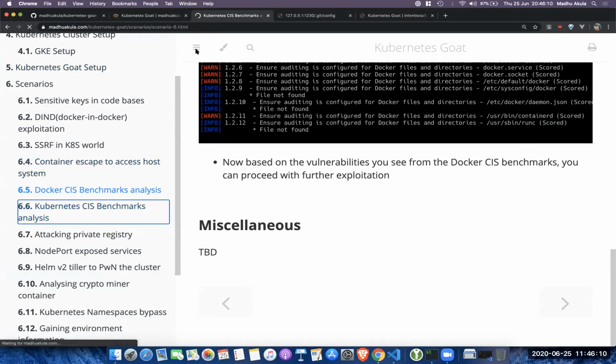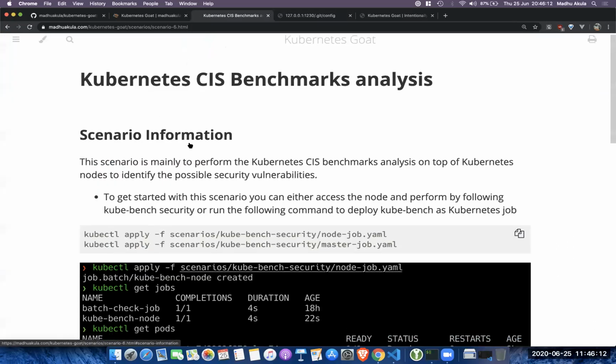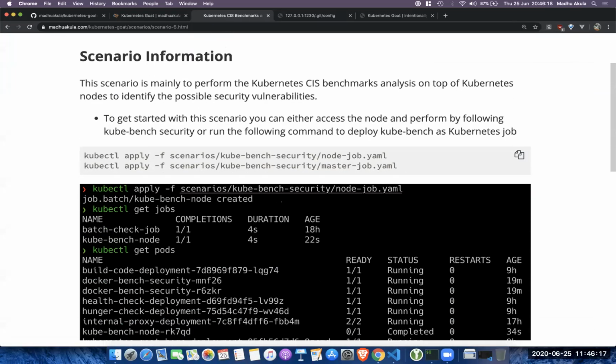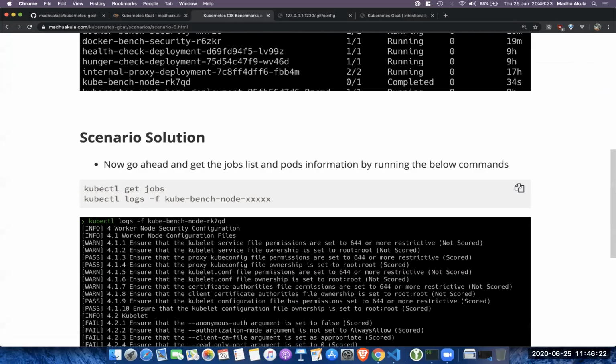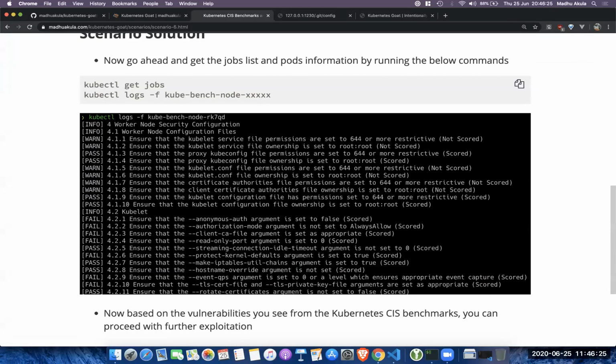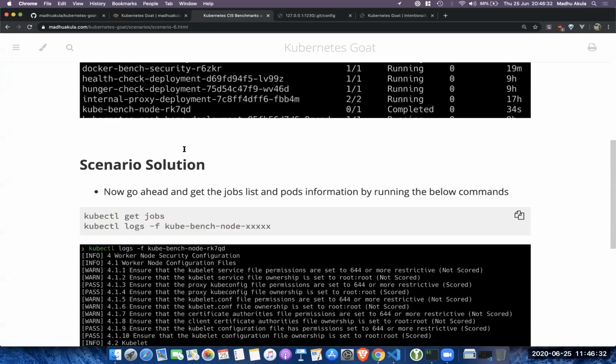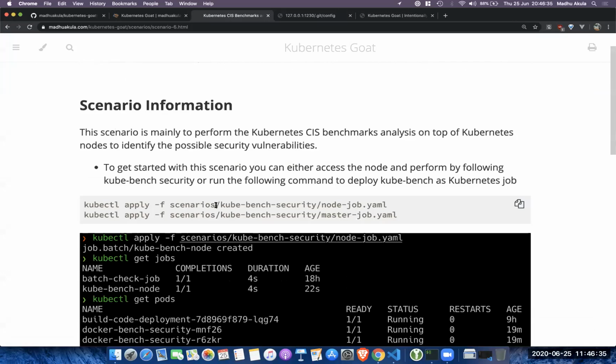Similarly, if you wanted to perform Kubernetes CIS benchmarks, there is kube-bench by Aqua Security. You can go ahead and run this as jobs on the nodes as well. It will run as a job, and it will yield results on what misconfigurations or possible security risks your cluster has exposed. And one thing I wanted to note here: if you are using this in managed clusters, you don't control the master node, so you might not be able to perform these kinds of checks on the master node. You may see the job in a pending state sometimes.